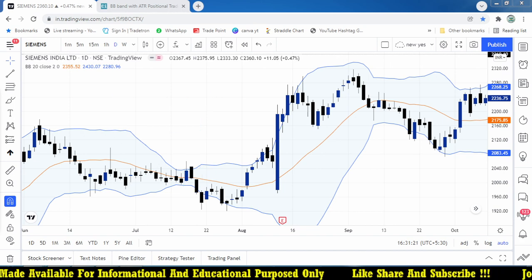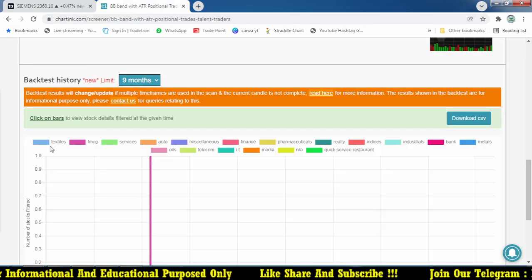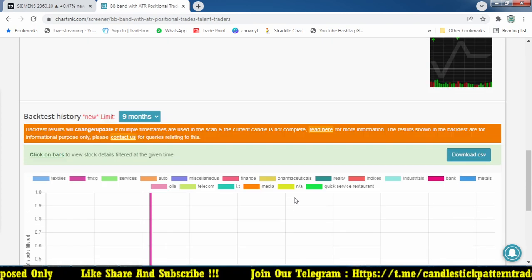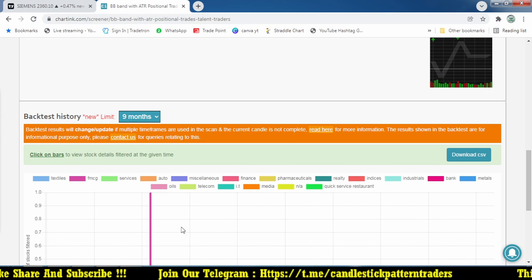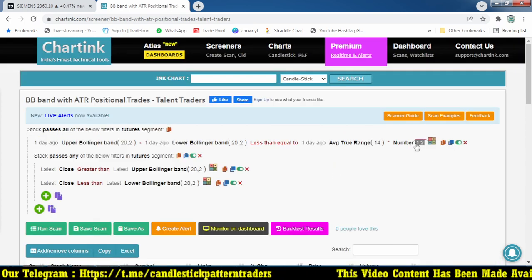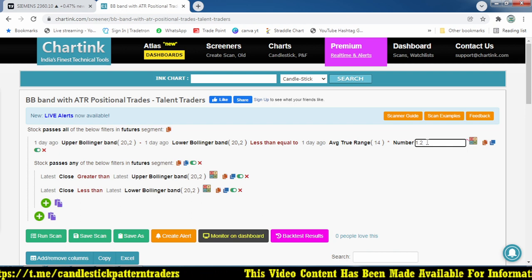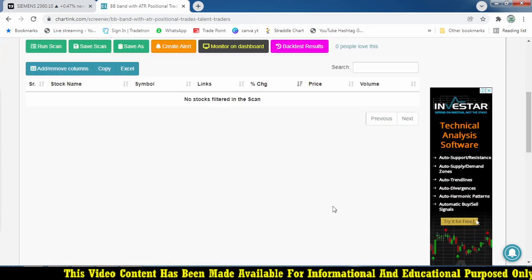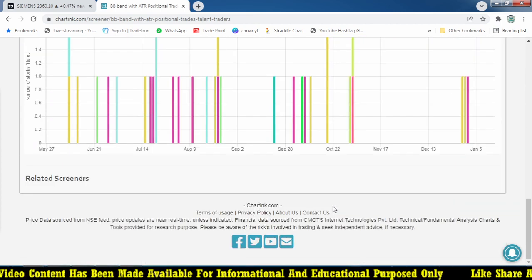But if you are using such a one, in the last 6 months, if I find only one stock, what is the use of it? Is there any use for using the scanner? No, right? So if you are using the ATR, must be greater than 1.5, multiplied by 1.5 times, you will be getting a lot of stocks. Can you get it?